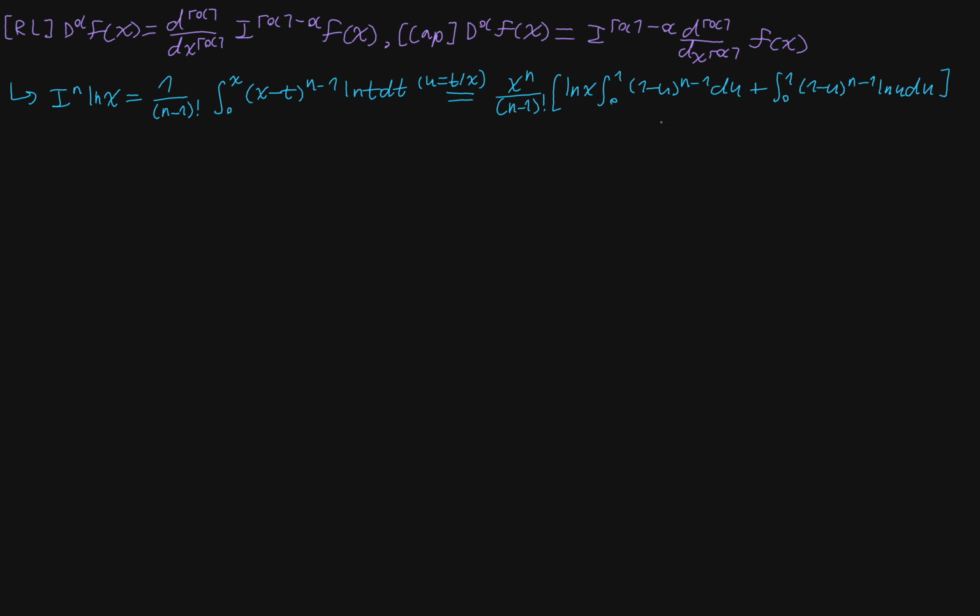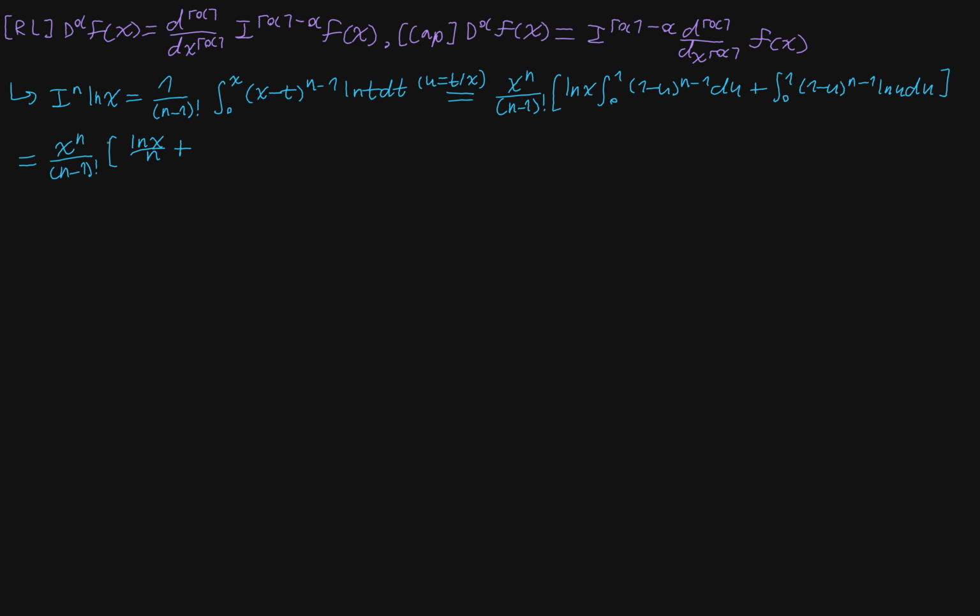So we have these two separate integrals. This one is very easy to show that it's just 1 over n. So we're going to have x to the n over (n minus 1) factorial times natural log of x over n,